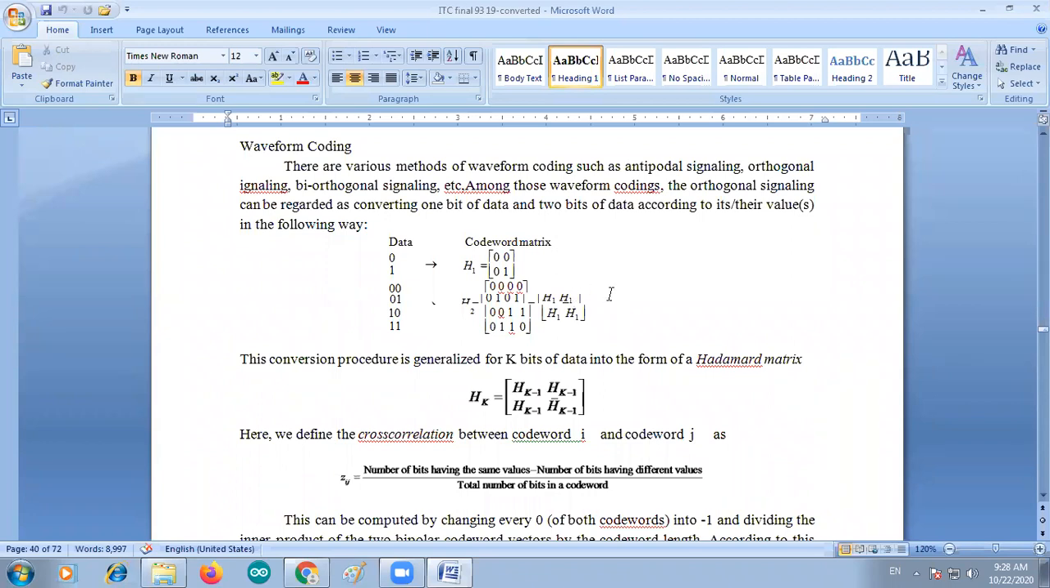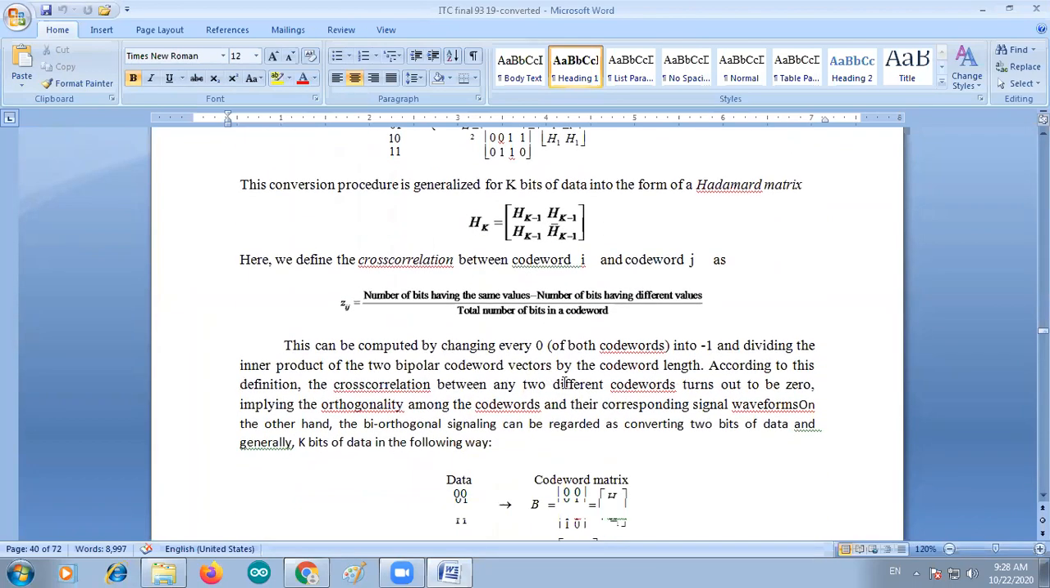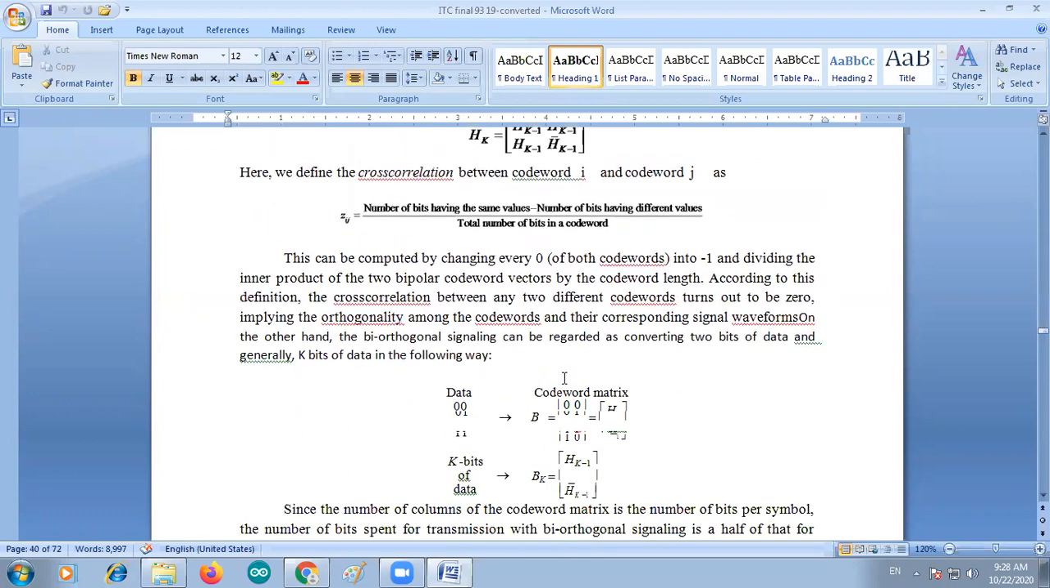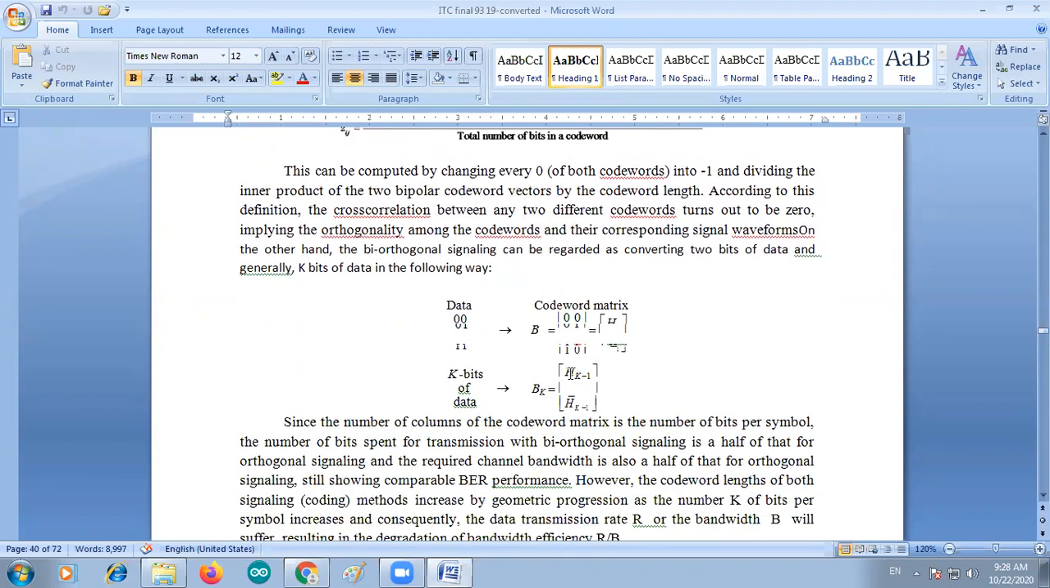The row bits are 8. Now the extra bits are meant for the parity bits. That is, those increase the bandwidth. Now the biorthogonal codes are